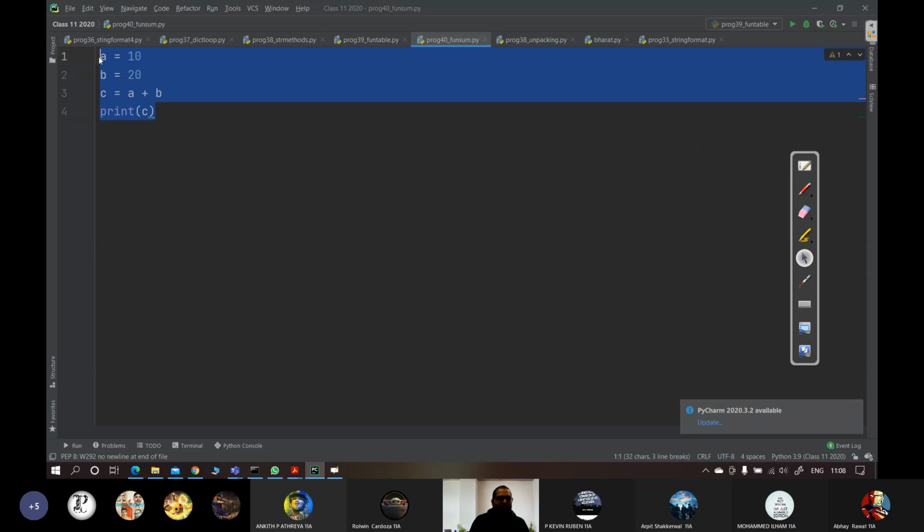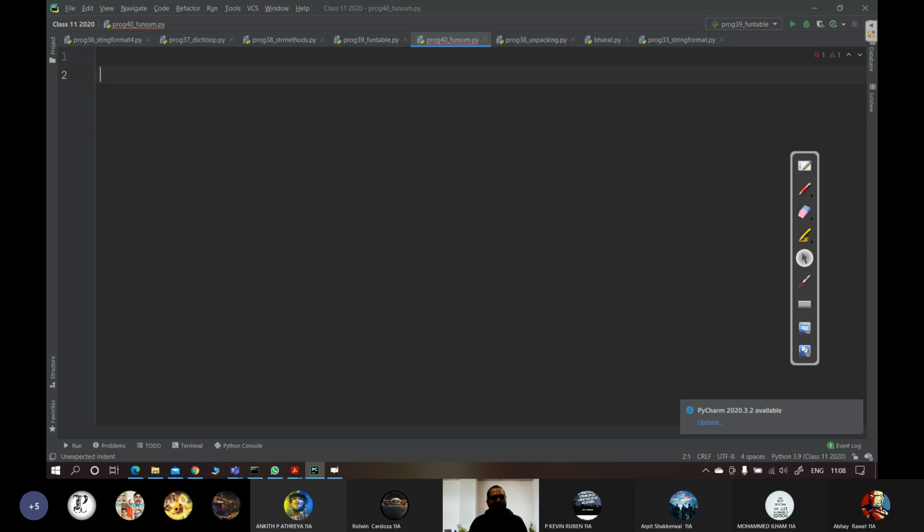Now what you need to do is कि अब इसको function में बनाना है, तो the same piece of code has to be put in a block or has to be given a name. So I'll put it in the block of a name, def, से इसका नाम मैं total दे देता हूँ, and then I won't need these two values because these two values will be provided from outside, और मैं यहाँ पे a, b दो वैल्यू ले लेता हूँ जो यूजर will pass on in the function header as parameters, ठीक है, in the parameters of the function that is a and b जो पैरेंथेसिस के अंदर है, ठीक है,